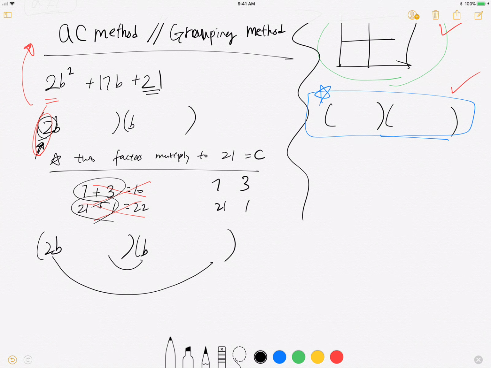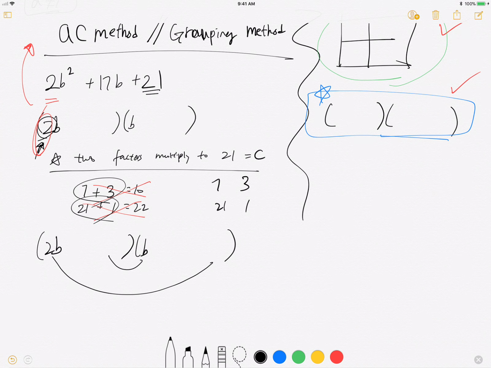Now when you try it that way, I'm going to have 3 times b when I'm foiling the inside. Outside will be 14 times b. So when I add 3b plus 14b, I get 17b. So I know that my factoring here was correct. But this involves a lot of error and plugging in and checking. This worked out pretty well because I only have two factors, but if the c value turns out to be 24, where there are a lot of factors to check and guess, then it's really not practical for you to use this. Yes, this will be the fastest way to approach it, but it's not the most constructive way to approach a question like this. So, rewriting the question,